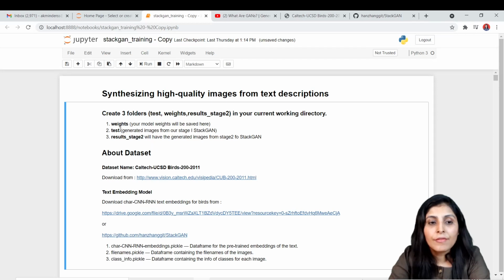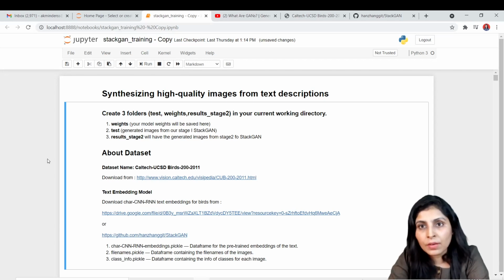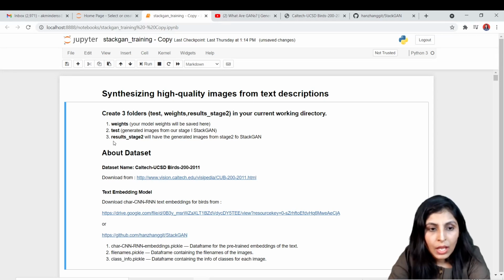Then you have to create one folder with the name test. This test folder will have all the images which are generated by the generator of stage 1. Stage 1 generator means low resolution images. And you have to create a results_stage_2 folder also.